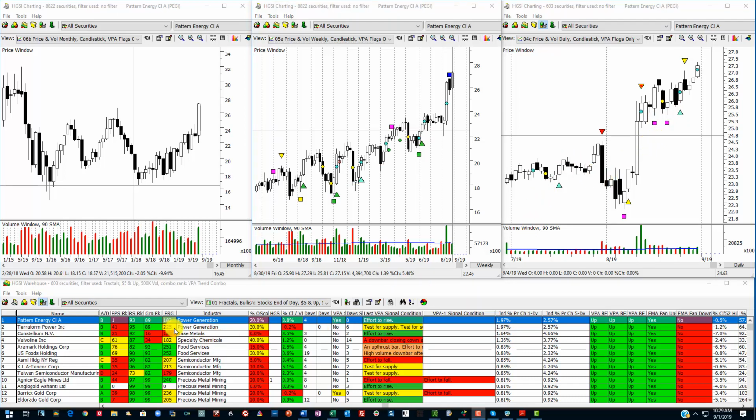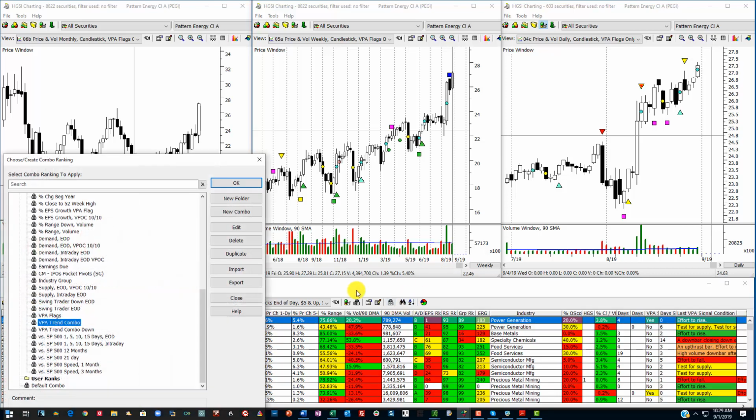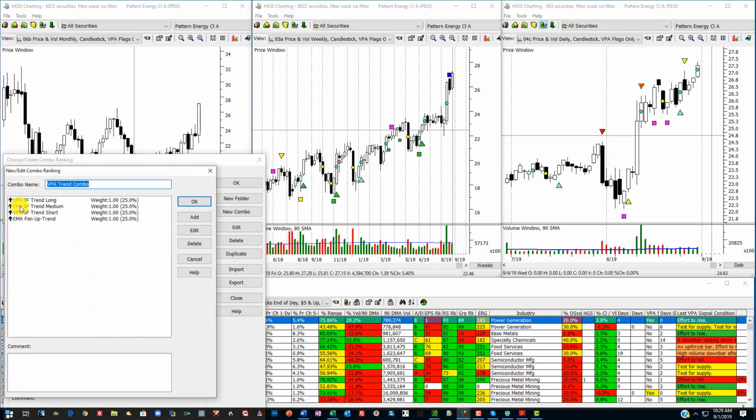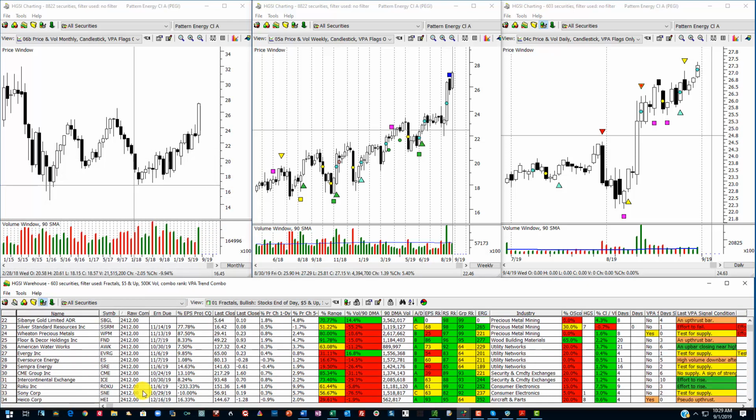Now, this is something else you should try. Notice that, well, let me go back over here. When I'm sorted on raw combo, these numbers are all the same. Why? Because the combo, if any stock or ETF meets these criteria, these are all weighted, the long, medium, short, and the fan all weighted the same. If whatever stock meets those criteria, they're all going to have the same